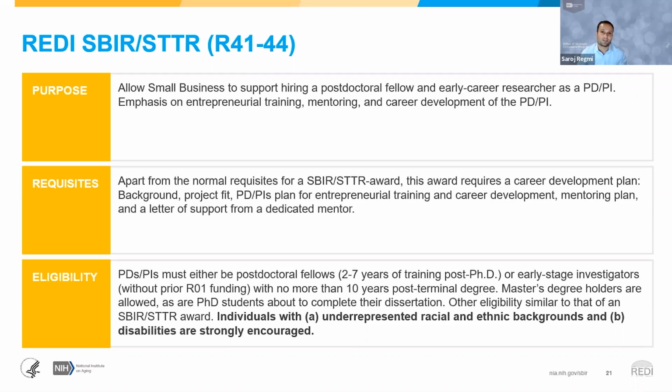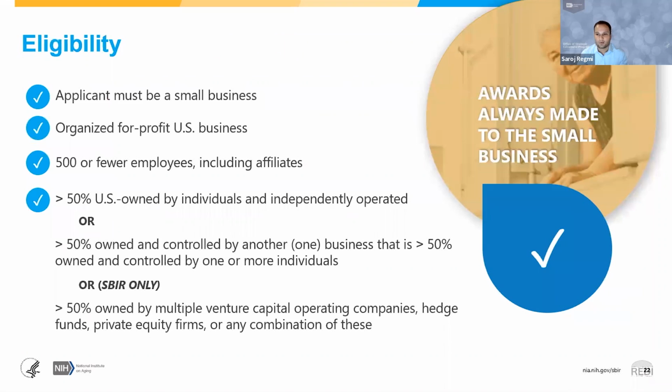So you have to be within 10 years of your master's or your PhD to remain eligible. But the other eligibility is very similar to that of an SBIR STTR award. Individuals with underrepresented racial and ethnic backgrounds as well as disabilities are strongly encouraged to apply. So in terms of eligibility, like I said, the rest of the eligibility is very similar to that of a